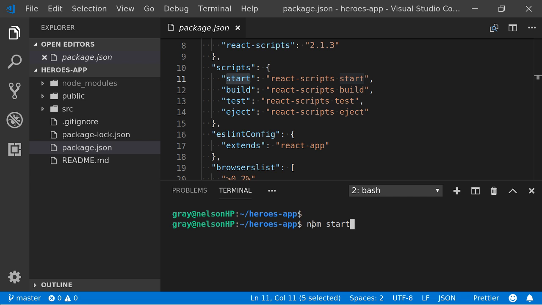And then you should get this page. Okay, is everyone there now?